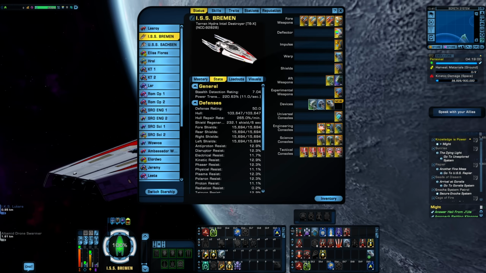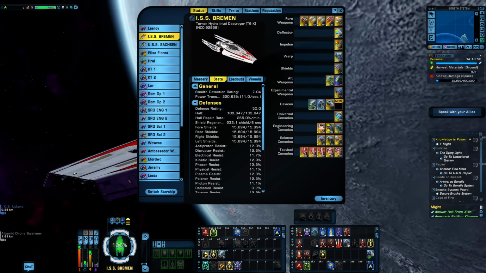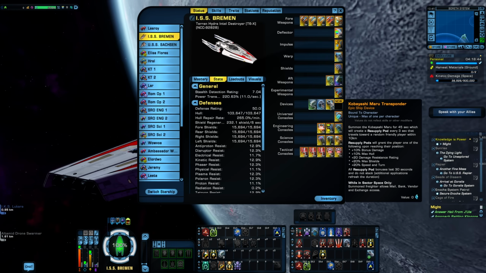All right, devices, we're running Deuterium Surplus. This is for our speed boost clicky. So clicking this is going to give us some additional flight turn and speed when our evasive maneuvers are on cooldown. Next, we're using an energy amplifier battery for the extra boost to our energy weapons, and then the Kobayashi